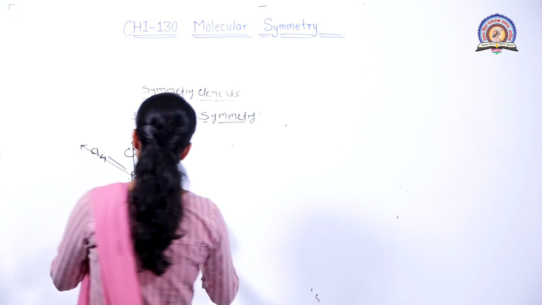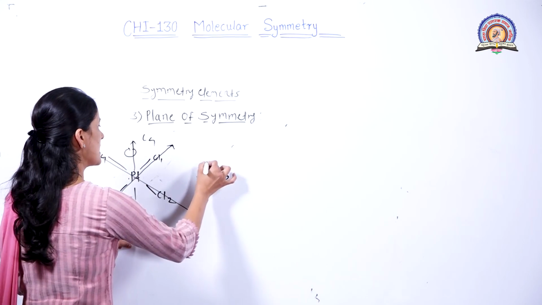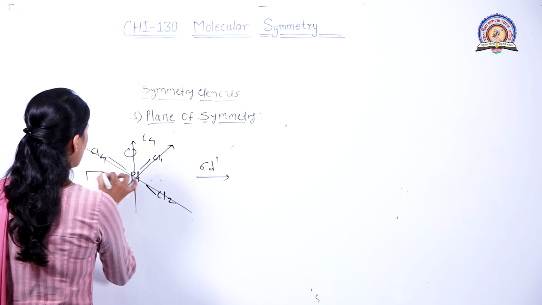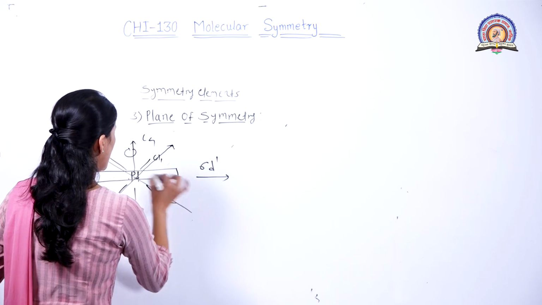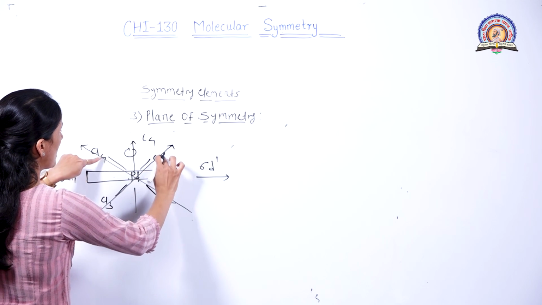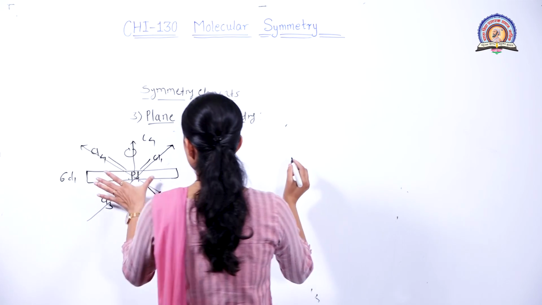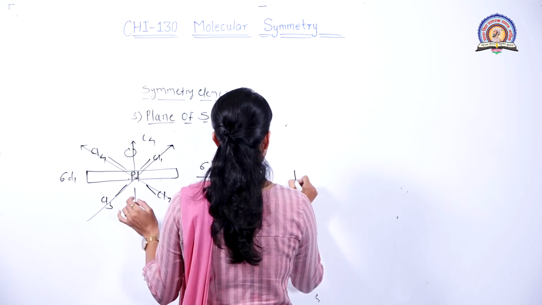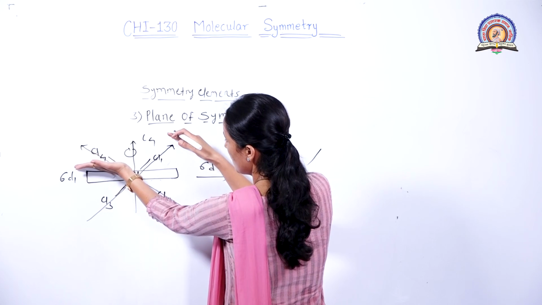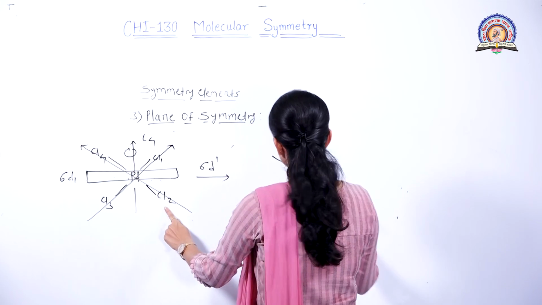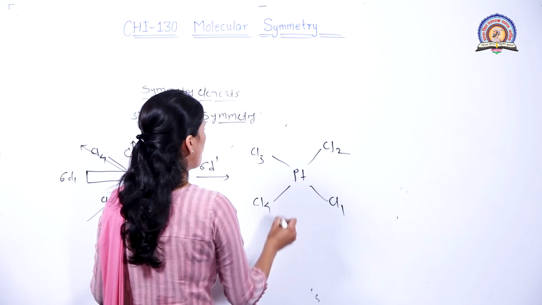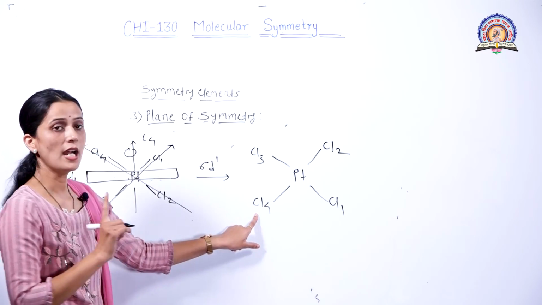Okay, so is a dihedral plane possible? Yes. Sigma D1 is possible in this compound because these are the subsidiary axes and here is sigma D1 which bisects these subsidiary axes. Okay, this plane bisects the subsidiary axes, which gives this plane, that is sigma D. Now the positions of Cl3, Cl2, Cl4 and Cl1 will change. So Cl1 will be here, Cl2 is here, Cl3 and Cl4. Okay, so this is nothing but the sigma D1 operation.